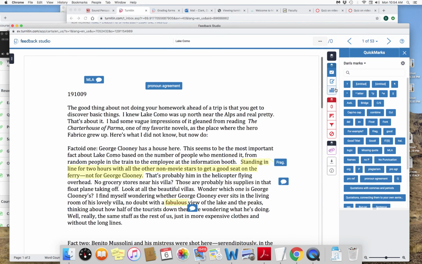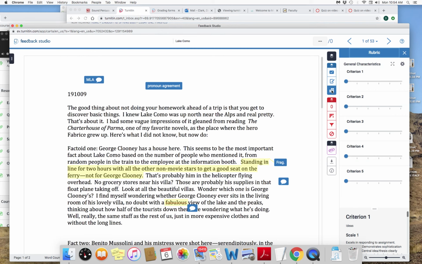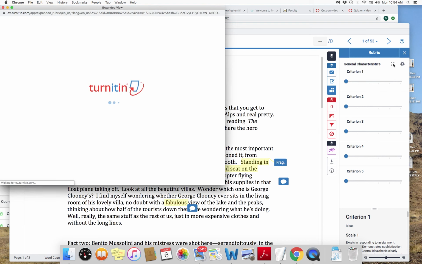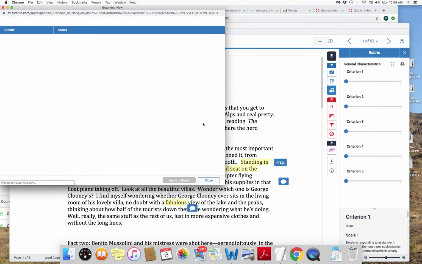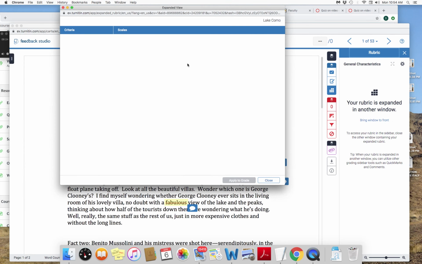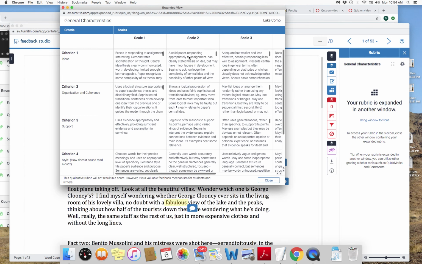Now, another thing to look at, if we go back, well, there's this here. This little thing here is a rubric, and I marked this rubric, and you can expand it. There's a little thing up here to expand it, and I do mark this rubric usually, and I'll say, well, on ideas it was about a B, on organization and coherence it was about this level, scale 3, kind of a C-ish thing. Oh, really good support, maybe that's an A. This is very approximate. It's just to give you an idea of your relative strengths and weaknesses, and you want